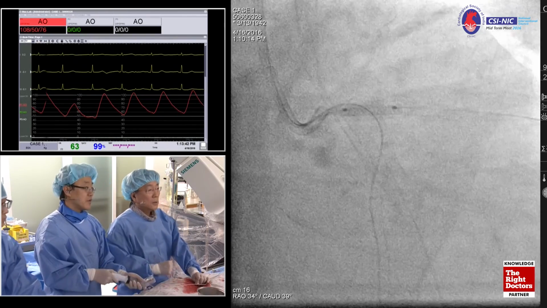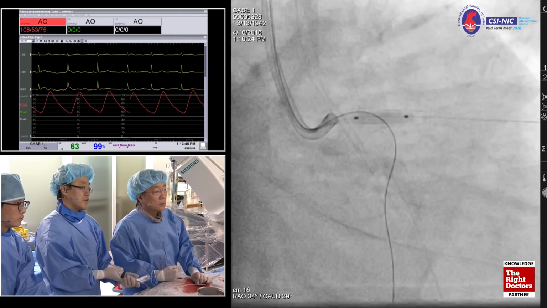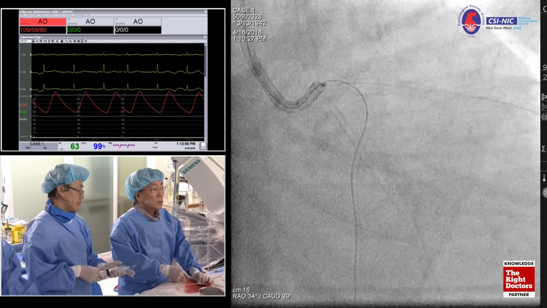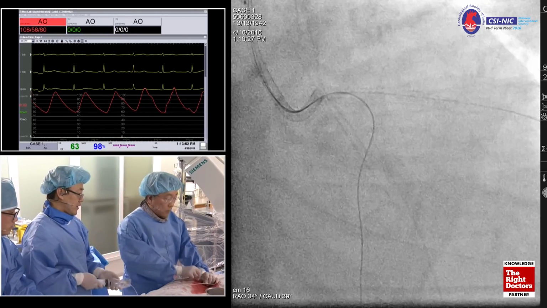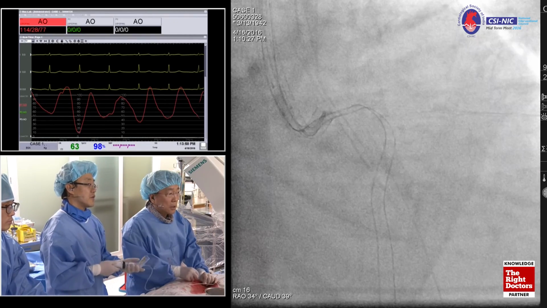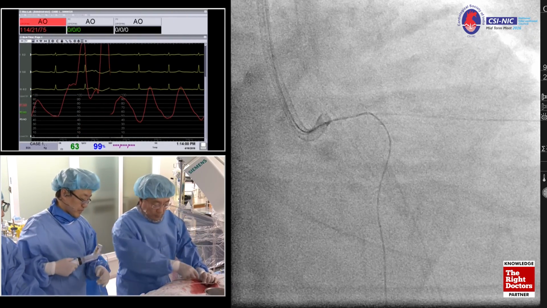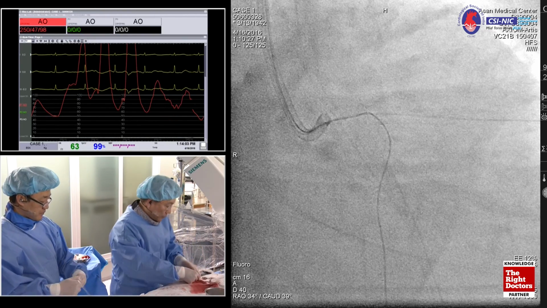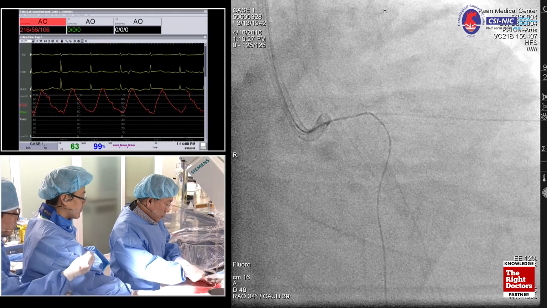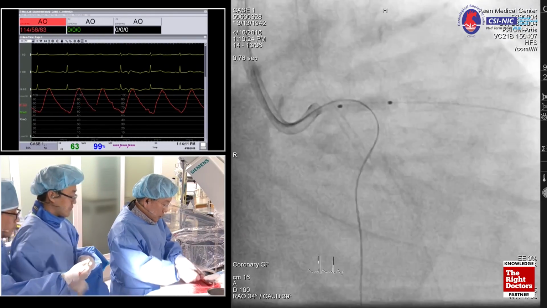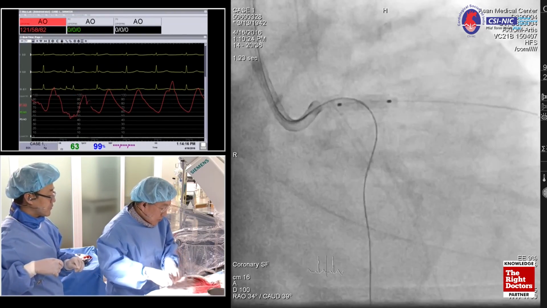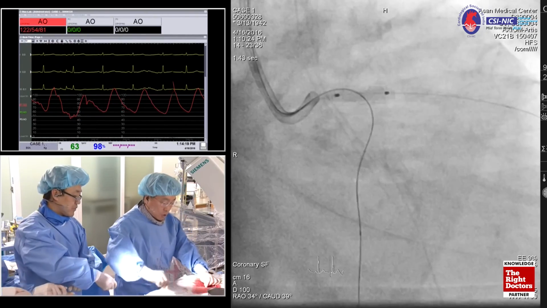There were wires. However, I just do the cutting first. Pull the system out and rotate a little bit more. And all right, so it's not easy. Rotation can make it. Technically, rotating the balloons can cause some kinking of the two wires inside the guide, so we don't do too much.